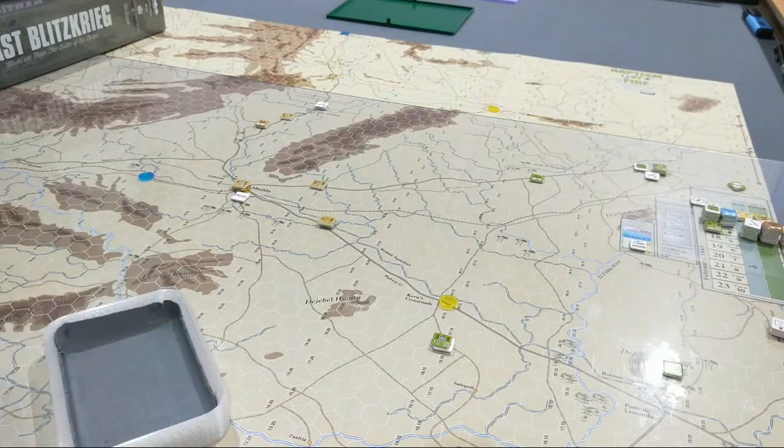Now, of course, that was a second activation, so we roll for fatigue, and this was, as I said, their second activation, so they increase fatigue on a 1 or a 2, no fatigue increase, and we can continue play. And now we've got